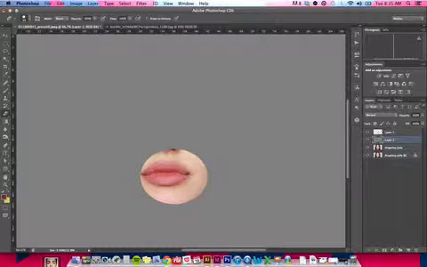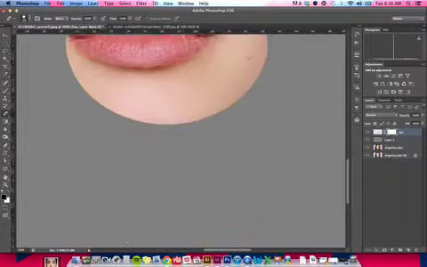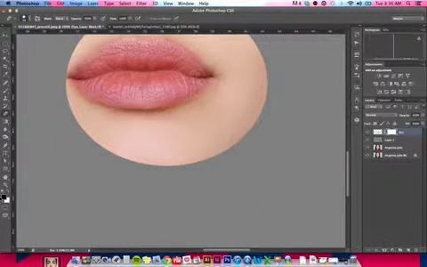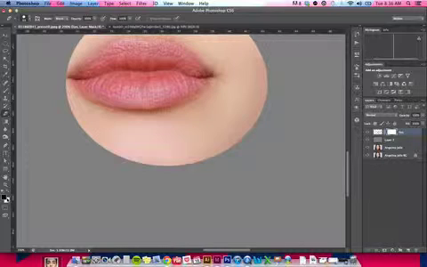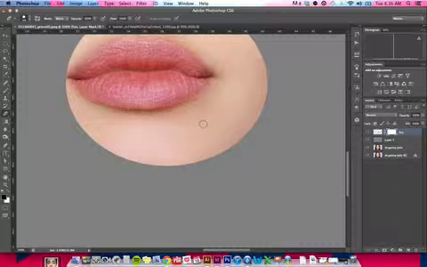So what I'll do is I'll just isolate those lips by adding a new layer and filling it with a grey colour. We'll name this lips, and then I'll press my layer mask tool, which is this rectangle with a circle in the middle of it, to create a mask. Now if I zoom in, layer masks only work in black and white, so if I paint on black with that layer mask selected, what it will do is erase everything